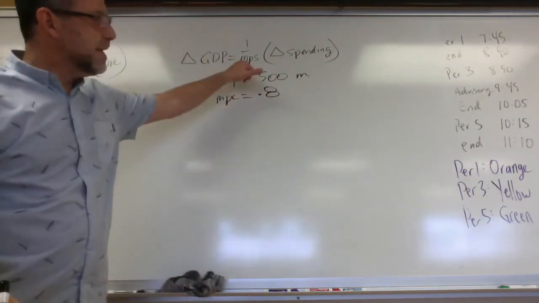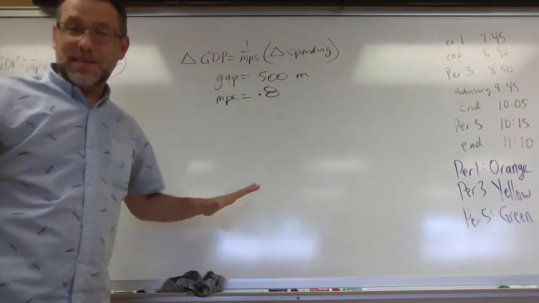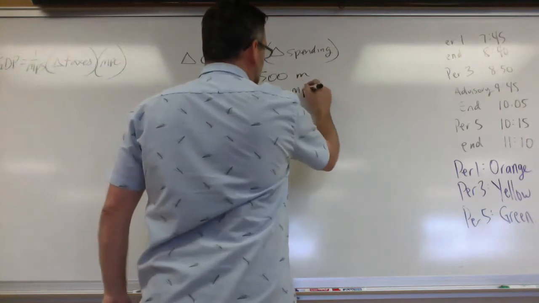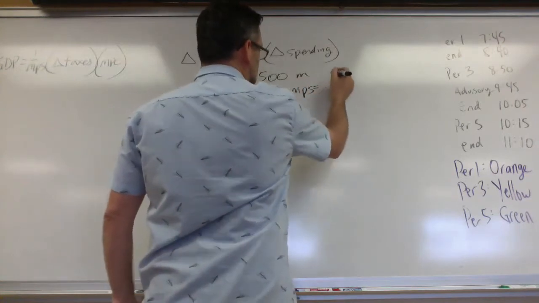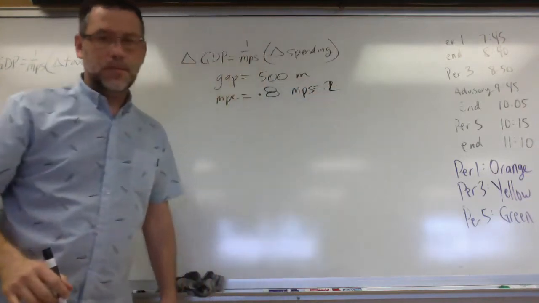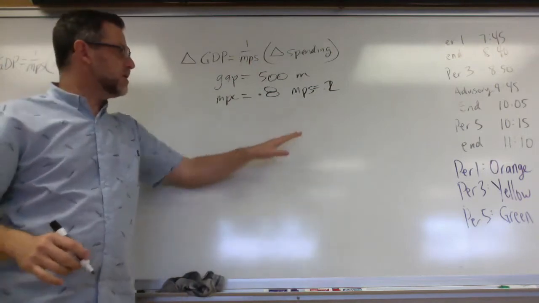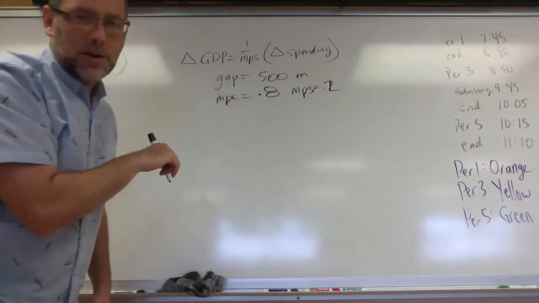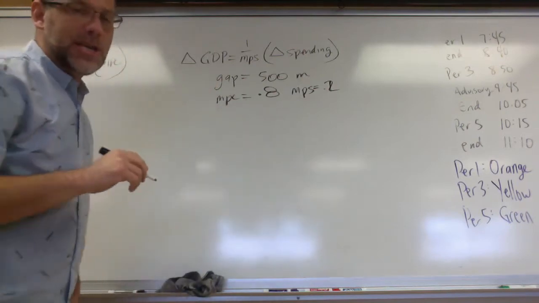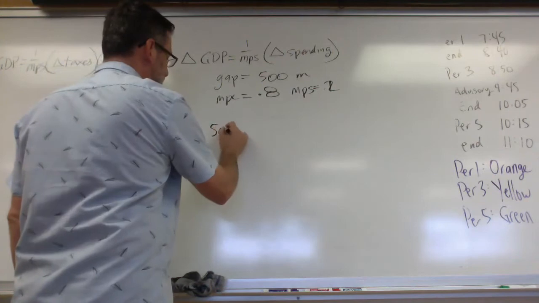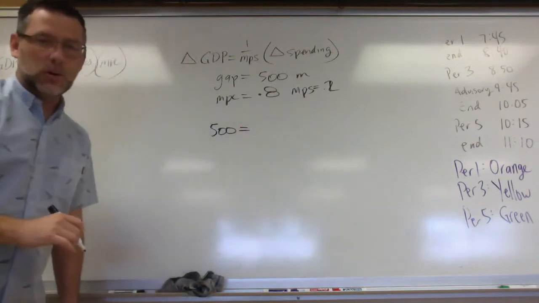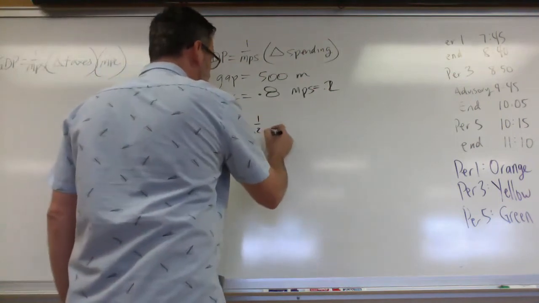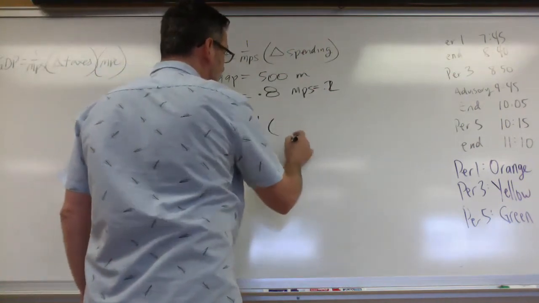All right, so what do we do? Well, the first thing is we need MPS. MPC plus MPS equals 1. So if my MPC is 0.8, then I know my MPS equals 0.2. All right, so then I plug into my equation my gap that I want to close, the total change in GDP that I want is 500. So the gap is going to go over there for the change of GDP. We got 1 over 0.2 times